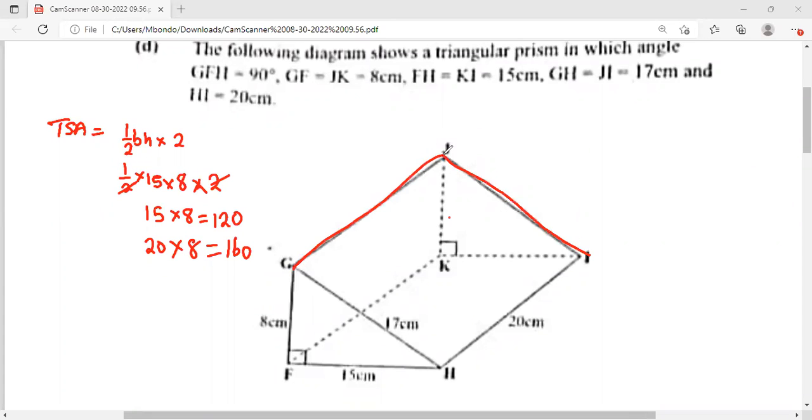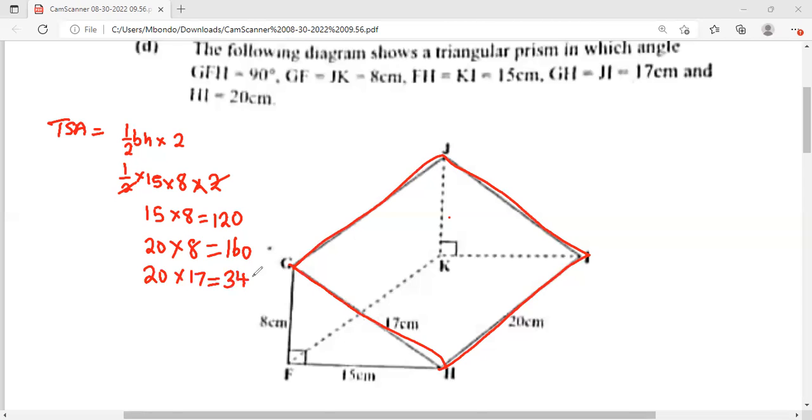We haven't dealt with this side, isn't it? That is very important. You need to take note of that. This one now, it is going to be 20 multiplied by 17 is equal to, you also multiply this one. 20 multiplied by 17,